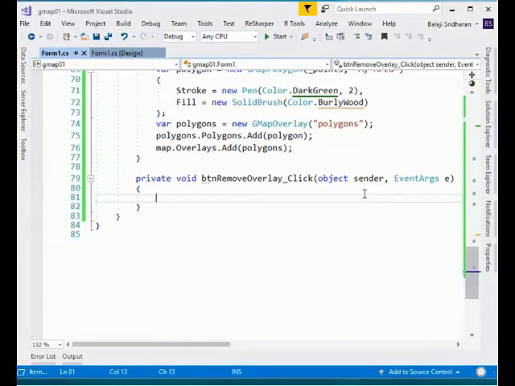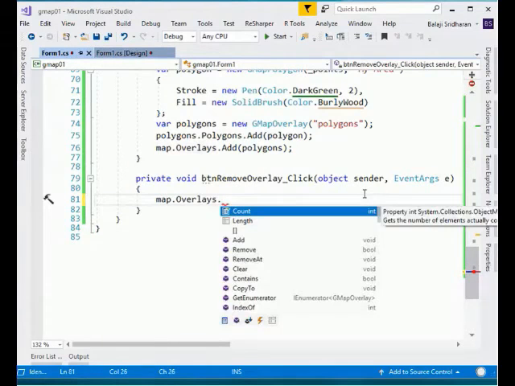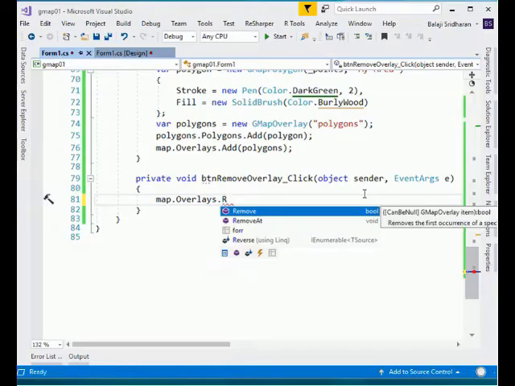In order to remove an existing overlay you can use map.overlays.remove at. You can also use remove, but if you want to use remove you need to have the reference of the overlay which you want to delete.